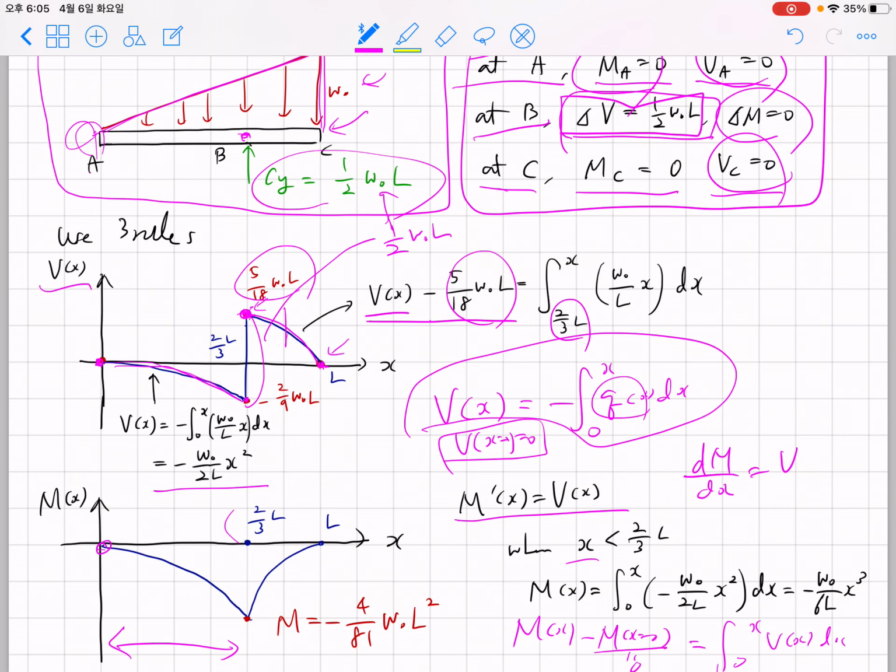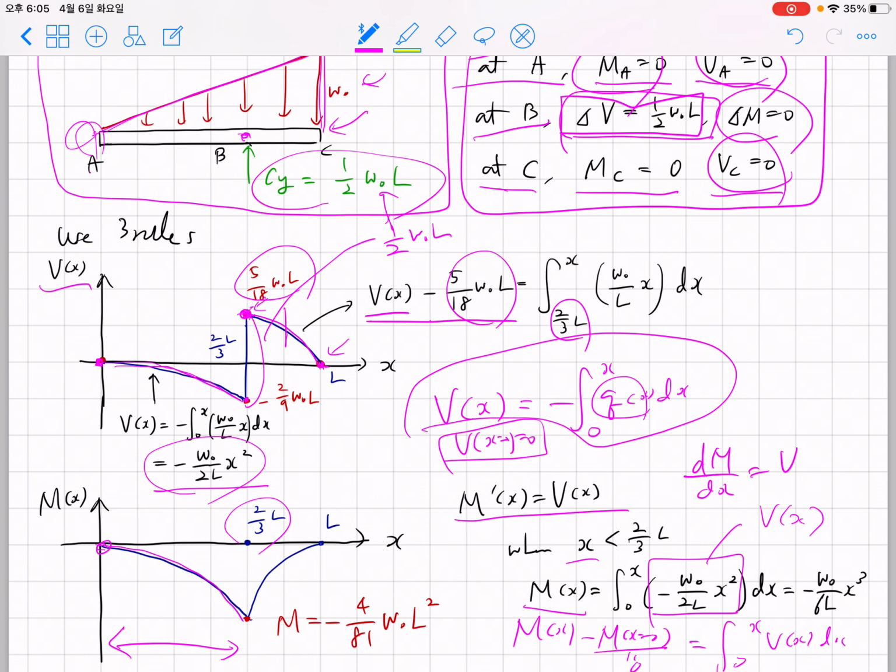This is the V(x) information. If you plug this in, you get M(x) equals minus W0 over 6L x cubed. So this is the expression for M up to